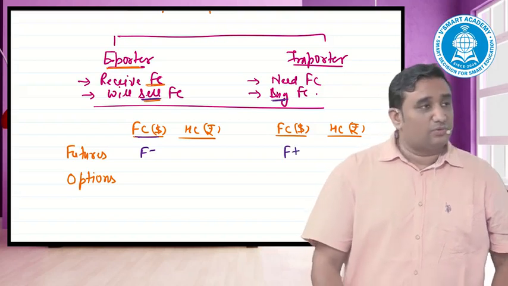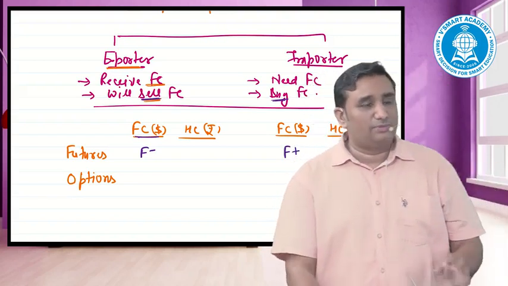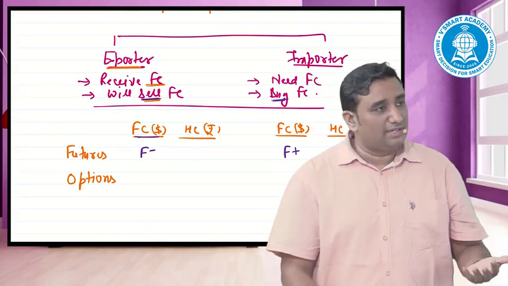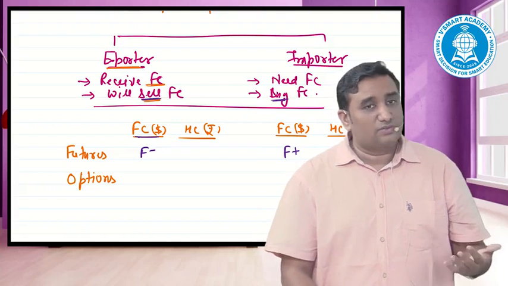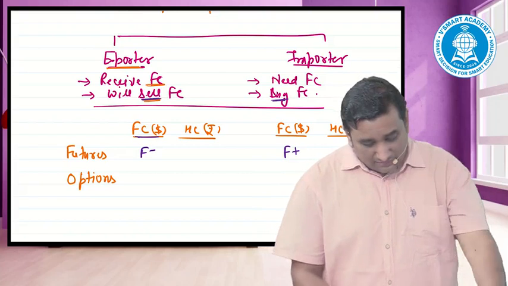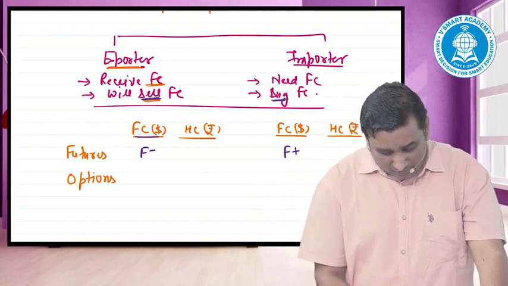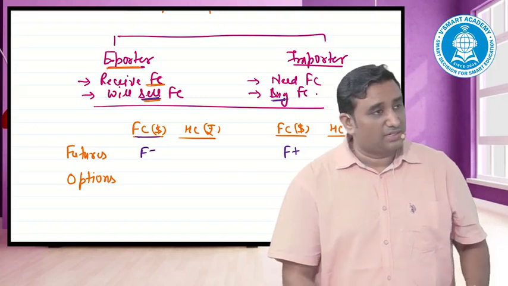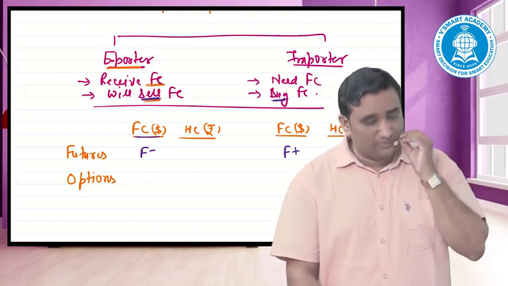If the question specifies exactly what I'm looking for, the contract can be given in any currency. We are trying to make sure what currency the contract is given in and what I want. If the contract is available in the foreign currency, then in the case of the exporter my objective in the foreign currency is to sell, so I should go for the F minus contract. How do we justify that? I'll take a small number after this.